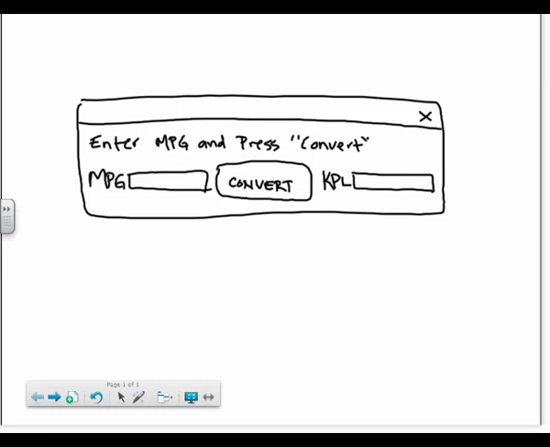As I'm looking at this, it occurs to me that the way it's set up, if you go left to right, you can put in miles per gallon and hit convert, and it should give you kilometers per liter. But it also occurs to me that if I were a user looking at this, I might be able to interpret that this could go both ways. So, for example, I could convert in this direction, or I could convert in this direction,